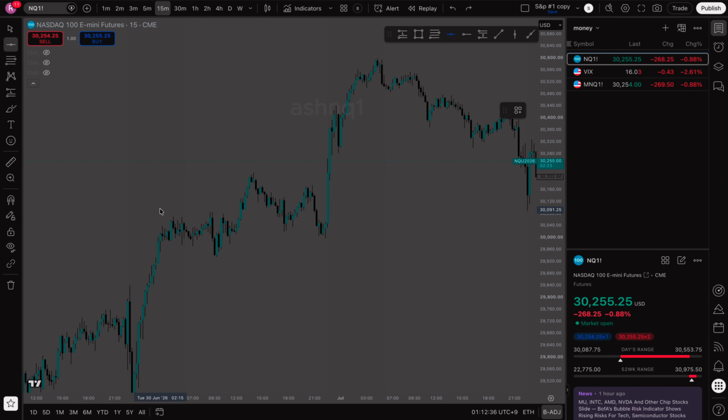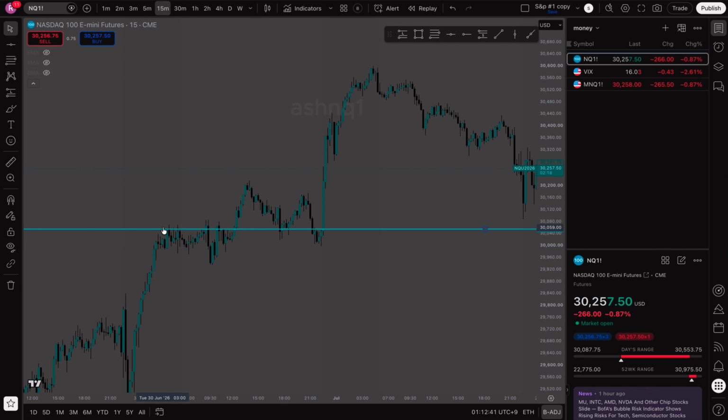So what I will do is I will take my line, right, and I will mark it at the top of the consolidation where the market has tapped a lot. You want to mark it where the market has tapped a lot. So as you can see, the market wicked, and then we broke through. I'm waiting for the market to break out of this consolidation and push above this level, right? So we want to push above this level, break above the consolidation, and I enter off the strong push,